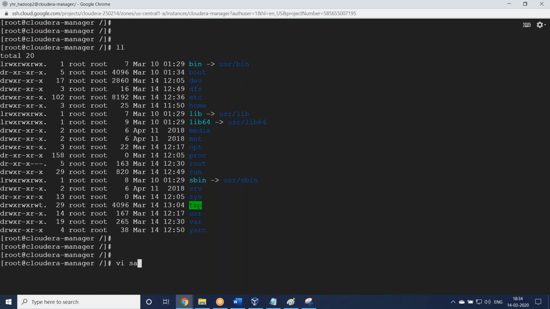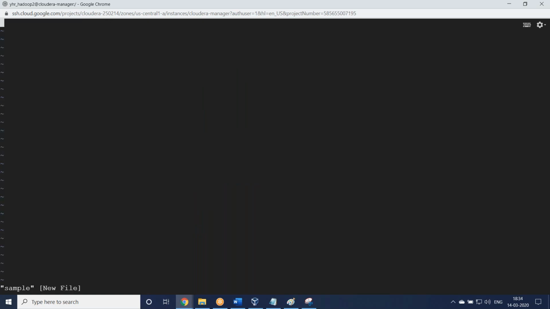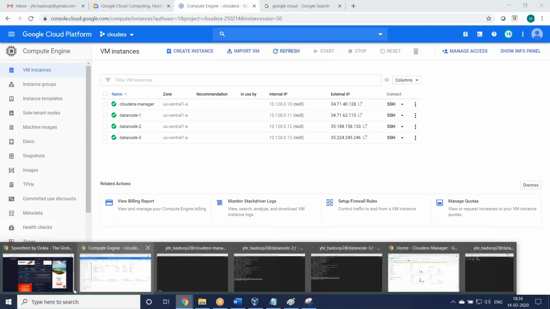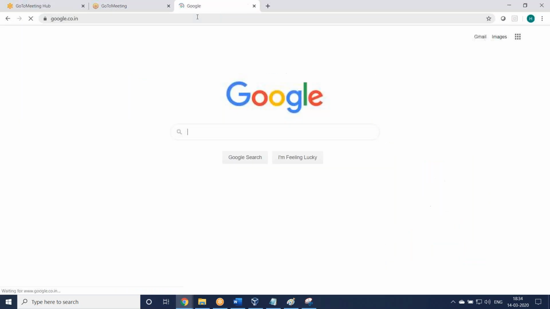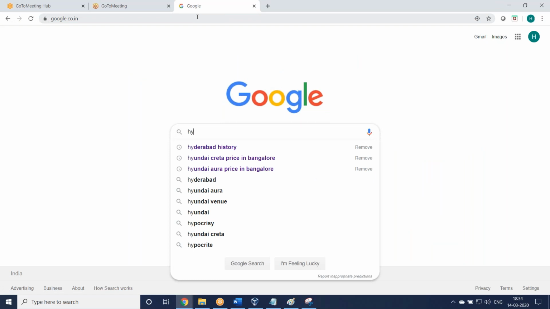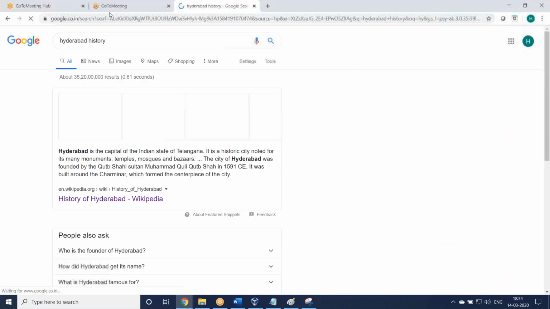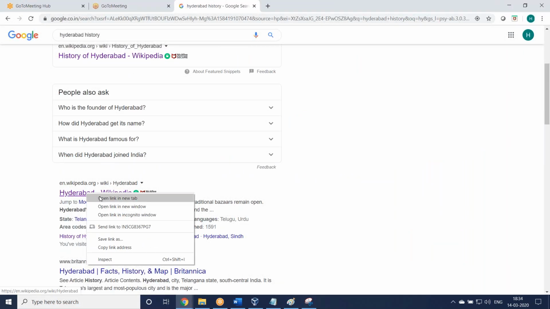I am creating a sample file here with some data. Creating any file, root account only. Okay, so let us take some data from Google. We'll take some data. I'll take some Hyderabad history.